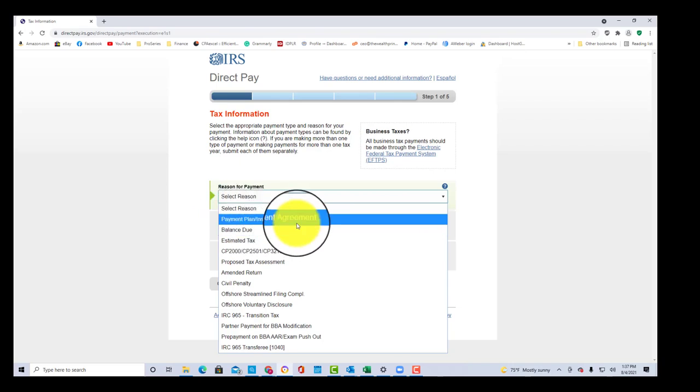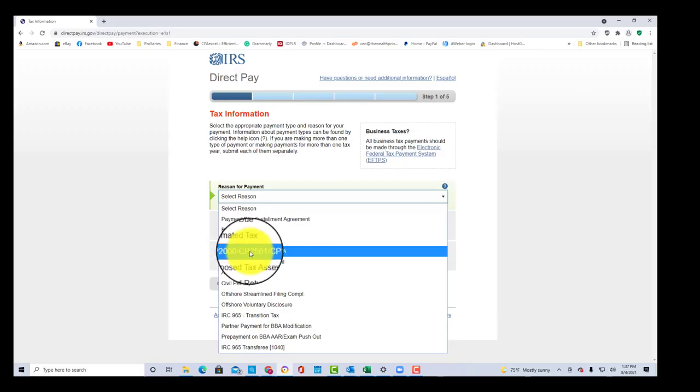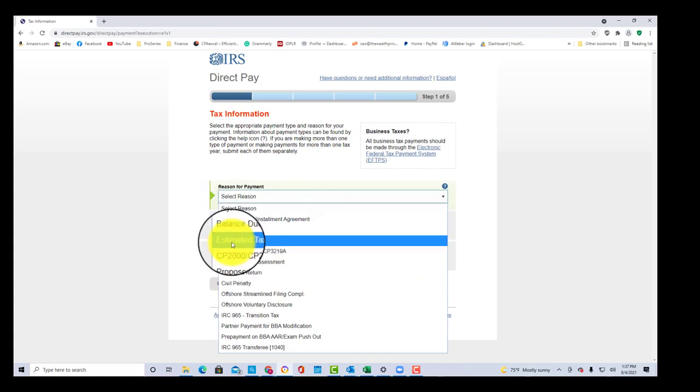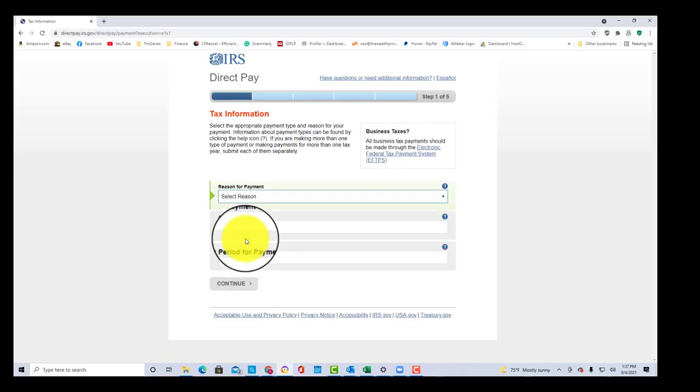But sometimes you get a notice from the IRS, CP 2000, CP 2501. When you want to make those payments, you click on here to make those payments. Back to what we're trying to do. We're trying to make the estimated tax payment. So I'm going to click on this